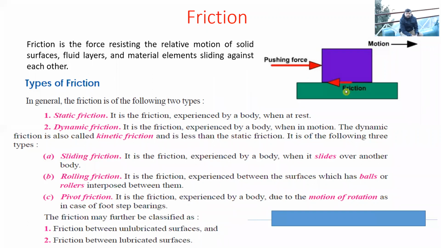For example, as you can see in this figure, there is a pushing force in the horizontal right direction. If this green colored plate is fixed and this blue colored plate is free to move, then there will be motion in this direction, right? Towards the direction of the pushing force. So obviously we know that friction always acts in the direction opposite to the relative motion, right? So friction will be acting in this direction. Okay. So this is pretty much known to us.